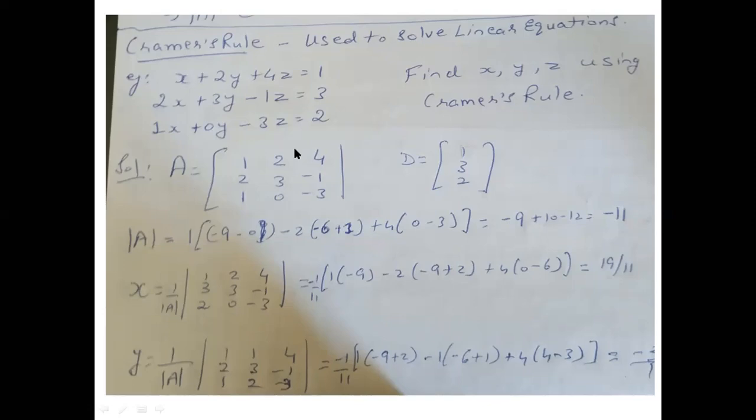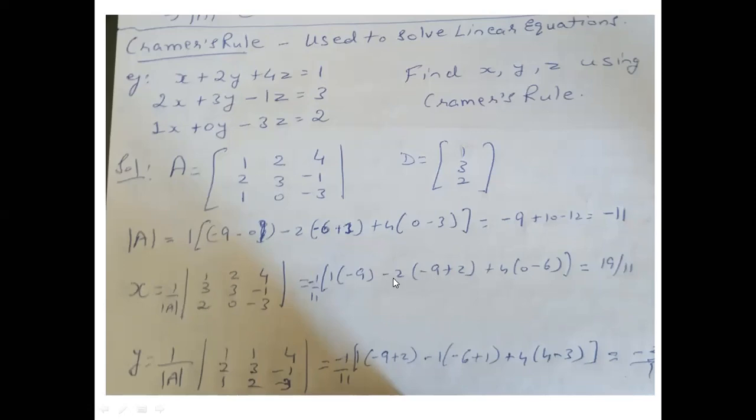The other two parts, that is 2, 3, 0, which are the coefficients of y, and 4, -1 and -3, which are the coefficients of z in the three equations, are kept as they are. Right? So I only replace those coefficients which belong to x. The leftmost or first column, which belongs to all the x, will be replaced by all the coefficients on the right-hand side of the three equations. So you have x equal to 1 by determinant A times the determinant of the new matrix. Now you find the determinant of this matrix.